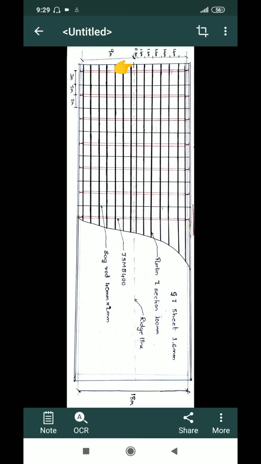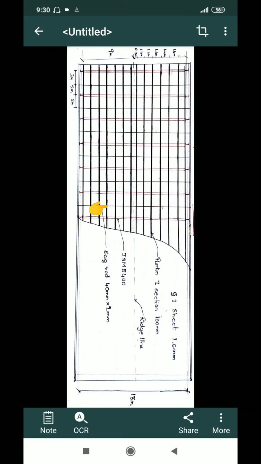So I am providing, suppose at 9 meters, that is at the center, there is a ridge line. I am providing a purlin at a distance of 0.3 meter on this side, 0.3 meter on this side, and each purlin interval I am giving as 1.4 meter. So these are the purlin sections. For the purlin section I have chosen a Z section of 100 mm depth, and beams are ISMB 400, and between these two purlins there is also a gap of 4 meters, that is from one beam to another principal rafter or principal primary beam.